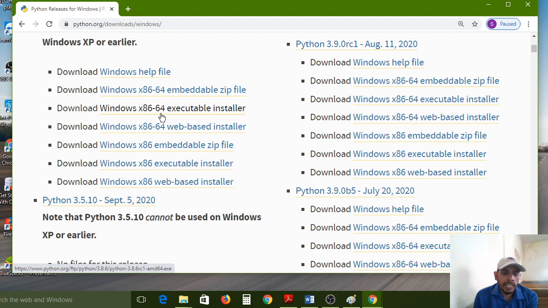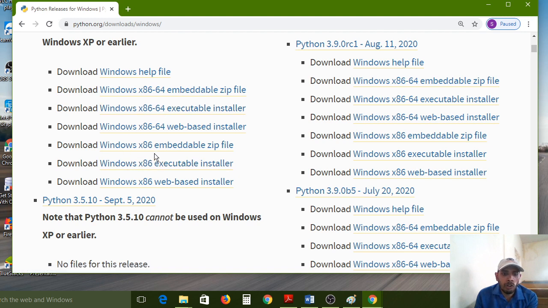If your desktop or laptop contains only a 32-bit operating system, then you have to go for the x86 executable installer. Only select x86. Don't choose x86-64. It depends on your operating system. Here my operating system is Windows 10, 64-bit, so I am downloading the software with both features integrated.